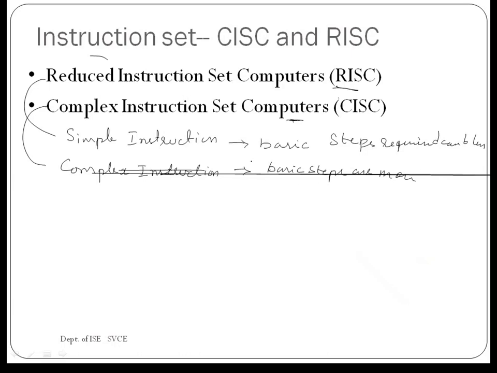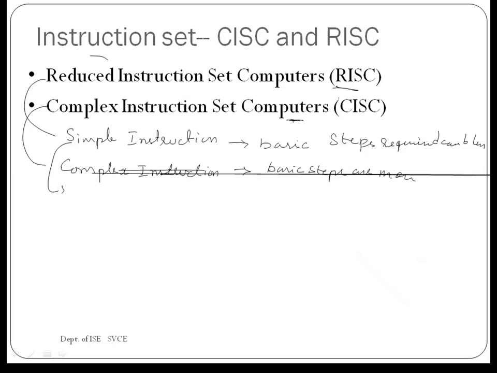So each of these methods has its own trade-off. If you are going with RISC, the instructions are simple, but to perform a particular task you need to use more instructions, and the number of basic steps may also increase.